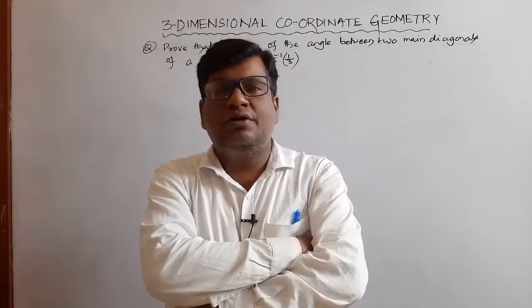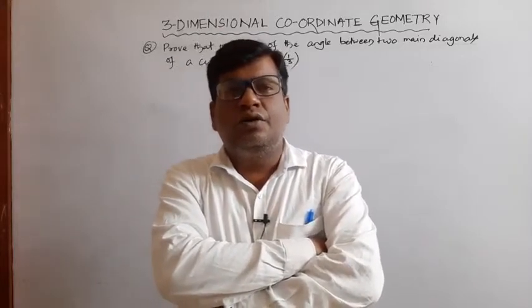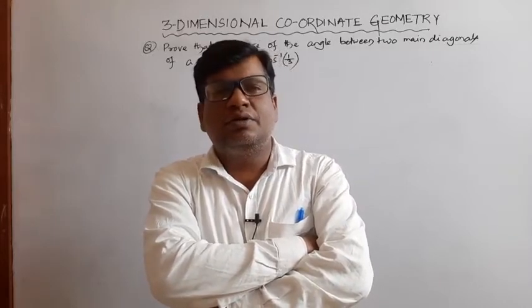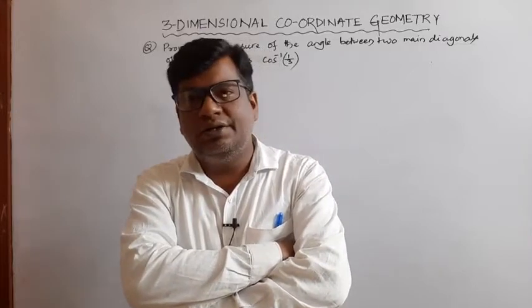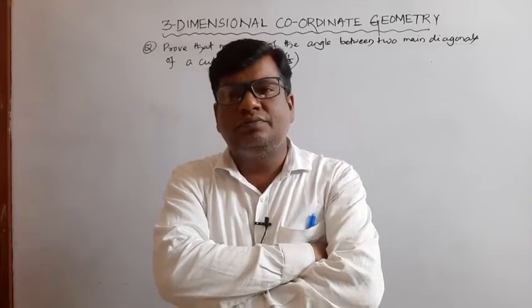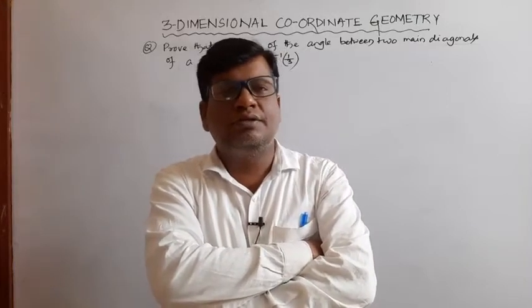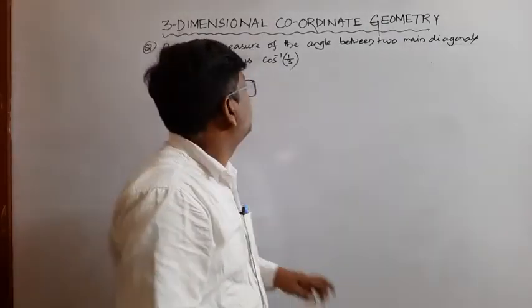Dear students, last class we discussed the angle between two lines, the projection of a point upon another line or planes, the projection of the point upon the coordinate axis and coordinate planes, the projection of the line segment upon the line whose DCs are given, and some problems. Today we are going to discuss some more problems from the textbook.